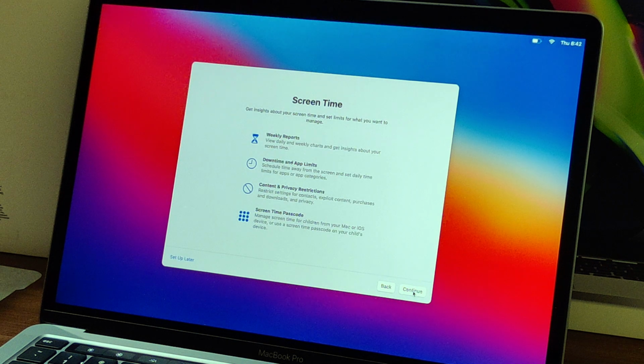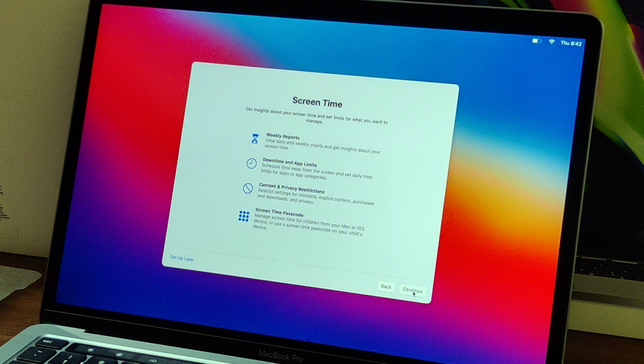Screen time. Trust me, this is a great feature if you want to use it wisely. Basically, it's going to give you a detailed report of how much time you have spent on a particular app or on a particular website. There is something called set limit under this screen time. So it will give you a detailed report of time that you have spent, or if you wanted to categorize any particular app, or if you want to limit your time on using that particular app, you can do that using this. And you have something called family sharing.